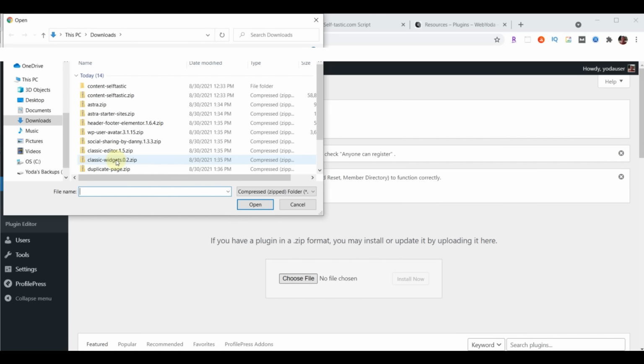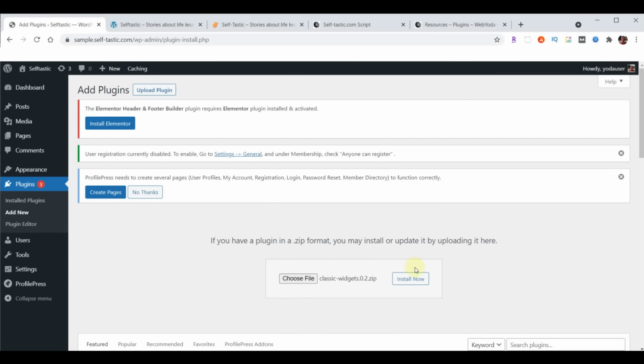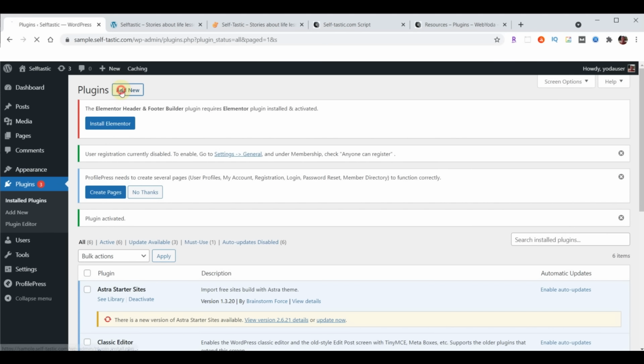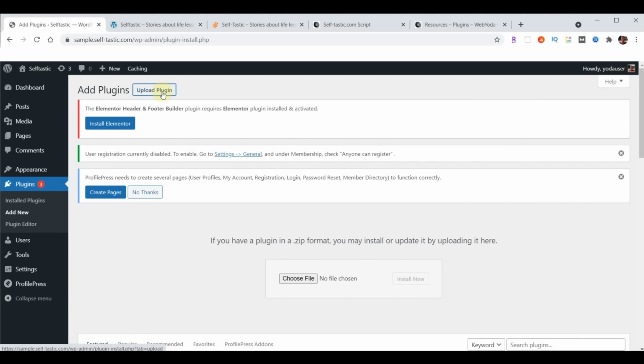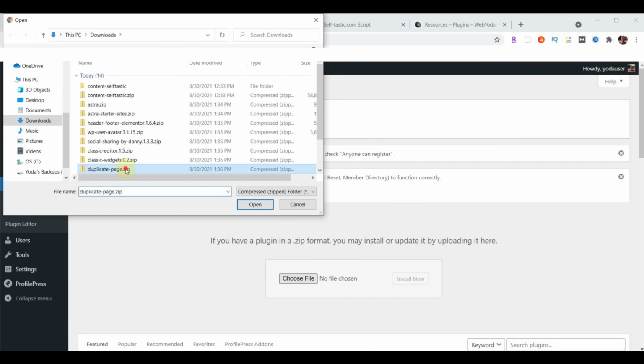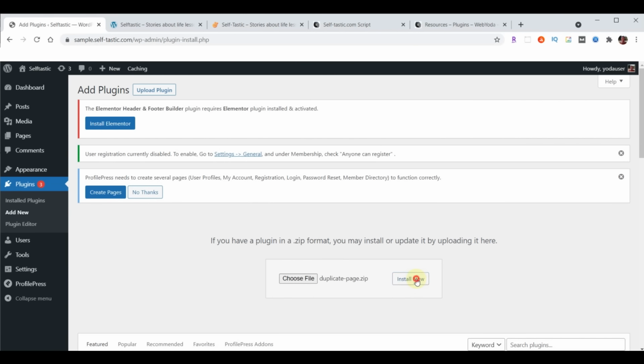And the next one is Classic Widgets. Choose Open, Install Now, Activate Plugin. Again, Add New, Upload Plugin, choose File, Duplicate Page, Open, Install Now,